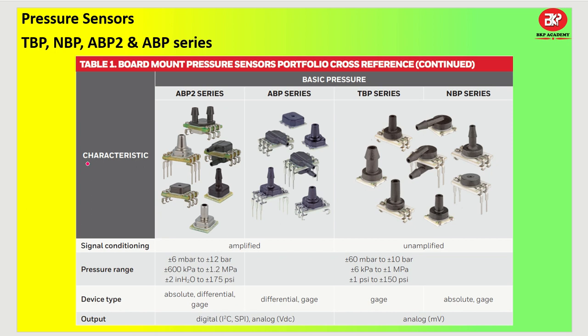This one is very important. You can write it down, VVI, and it is most useful for our industrial applications as well as medical applications. As you can see, there are the ABP2 series, ABP series, TBP and NBP. We will be talking a lot about NBP as well as ABP. We have all the varieties: barbed type, barbless type, and without port. This is with port and this is without port. In the same manner, both TBP and NBP series are there.